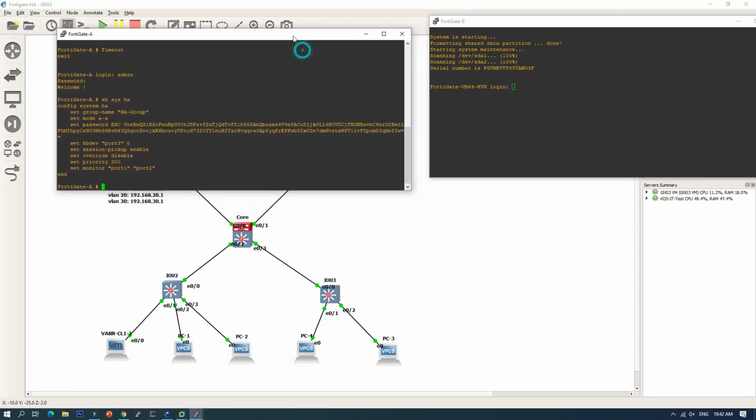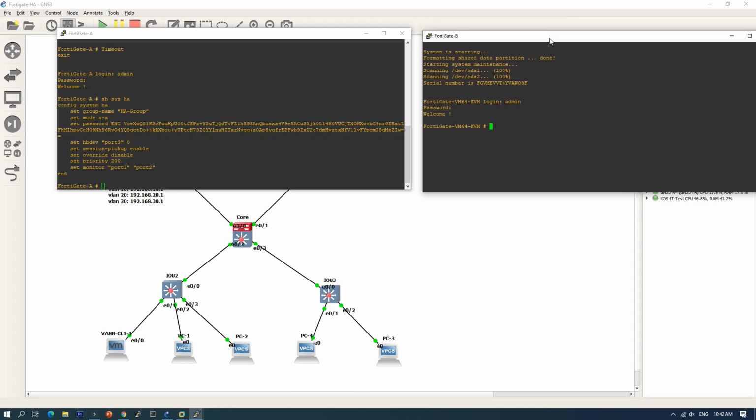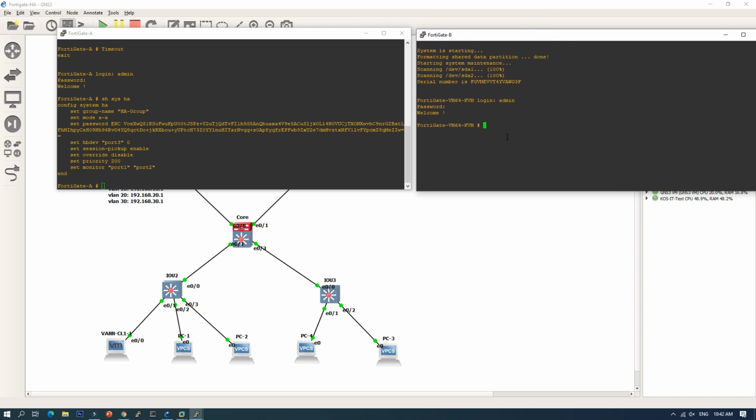So now FortiGate B. This is the new FortiGate that we want to join the HA cluster. So we can see, system interface, port 1, port 2, port 3, no configuration. And this is the host name, so we want to change the host name.